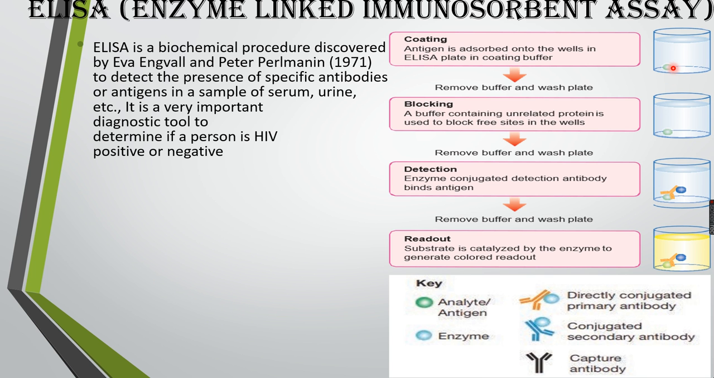Sometimes the plate may have small depressions. The antigen is adsorbed onto the wells in the ELISA plate kept here. If it is adsorbed, it attaches and stays. So it goes into the wells in the ELISA plate in the coating buffer. This green color shown in the middle of the buffer solution is called the antigen. After some time, that particular buffer solution is removed and